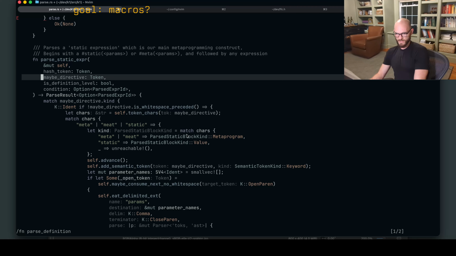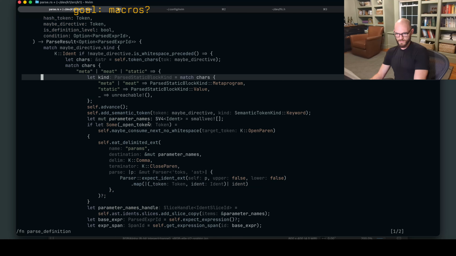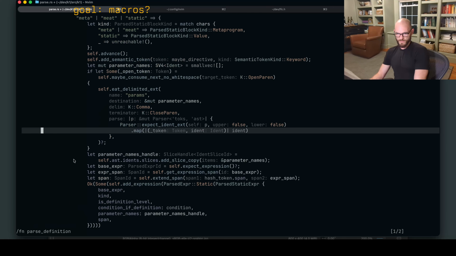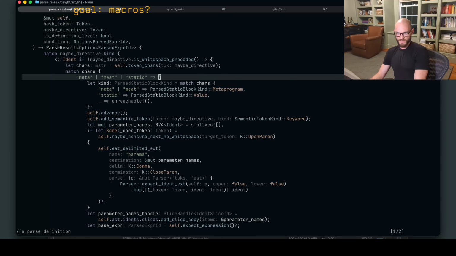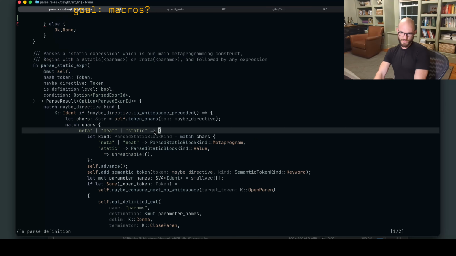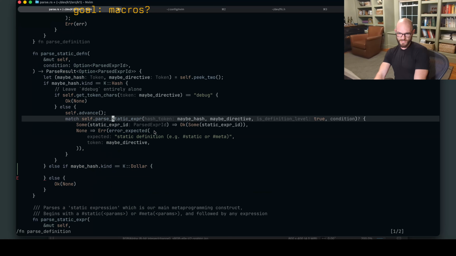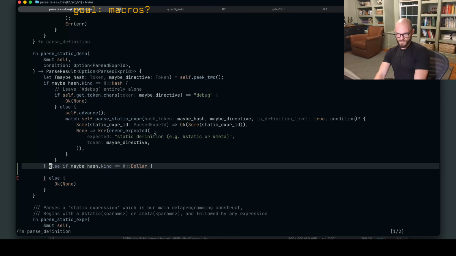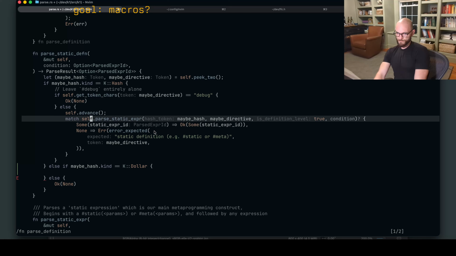When does this thing ever return none? Okay, none if it wasn't any of these, because then it could be hash debug, I guess is the idea. So we got some tech debt. We have some debt in here. It's not great how we do this. But that's okay.